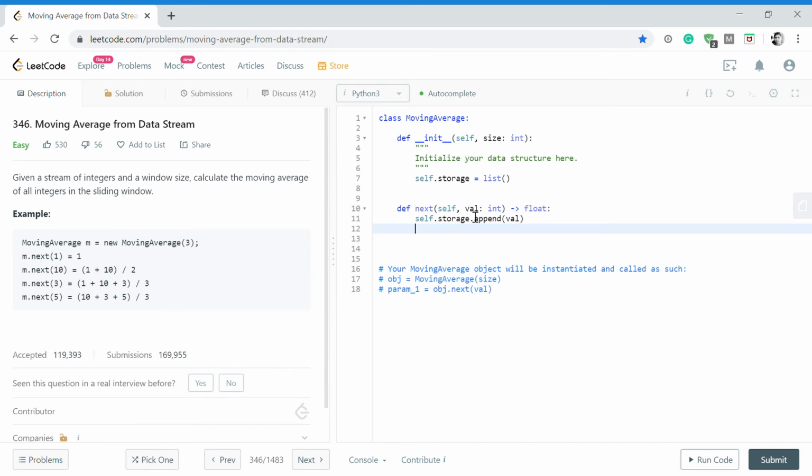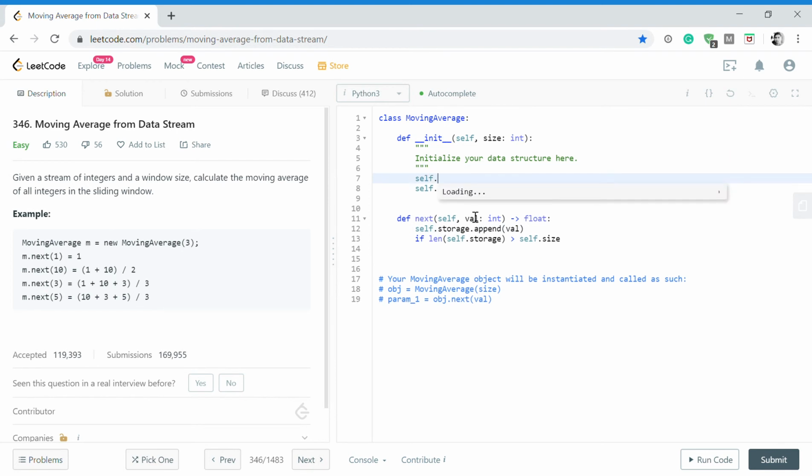So I'm going to check for the size. If the length of self.storage is greater than self.size,